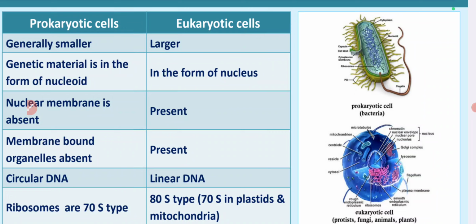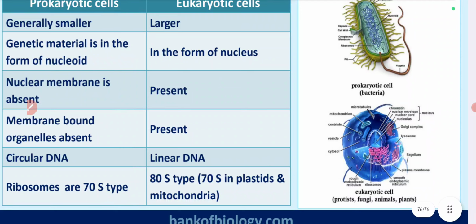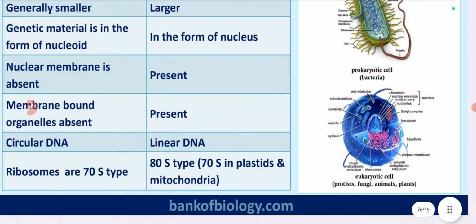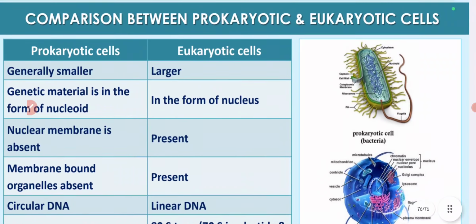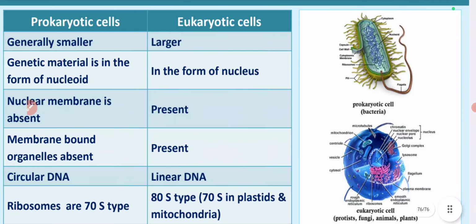Circular DNA in the prokaryotic cell, linear DNA in the eukaryotic cell. Ribosomes are 70S type while the eukaryotic cell has 80S type, but 70S in plastids and mitochondria. And with this, we have completed the whole chapter of Cell: The Unit of Life